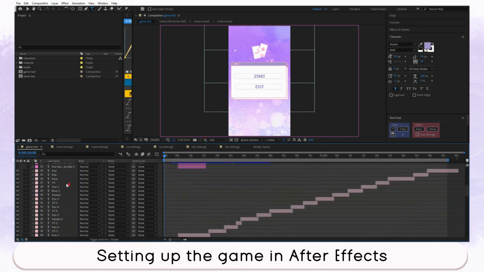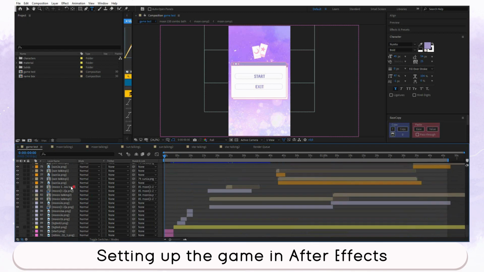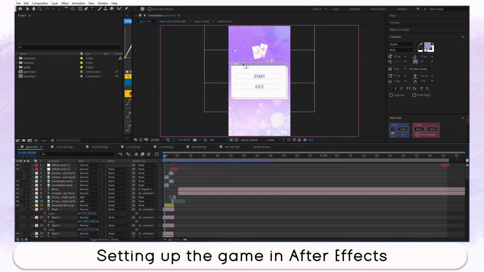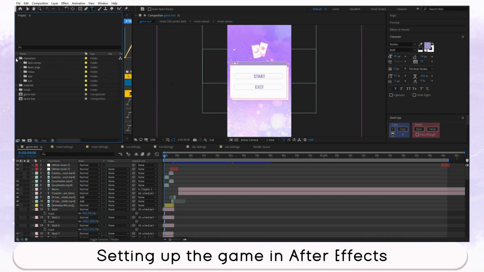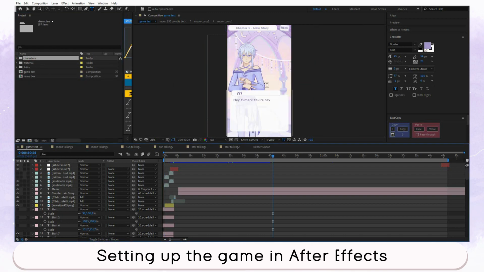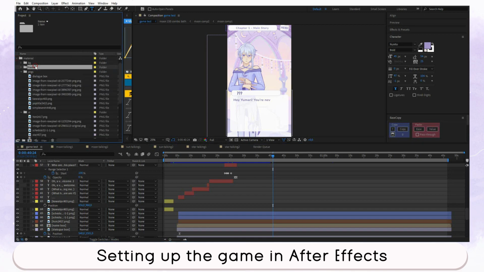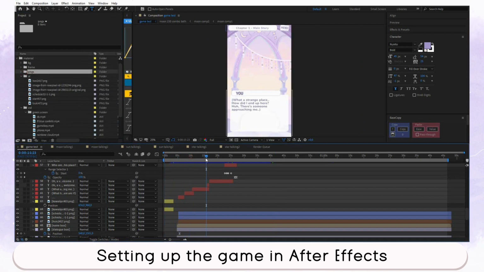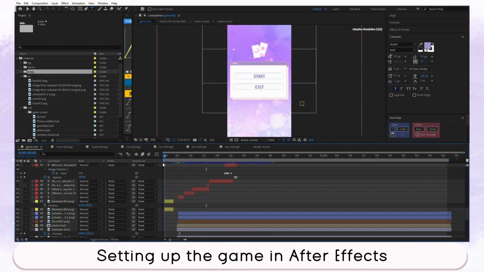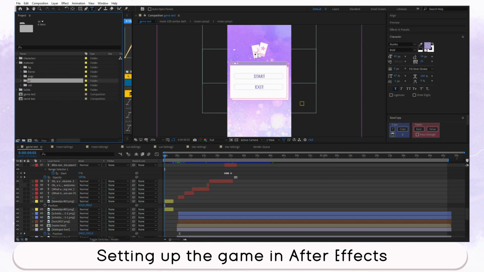So this is the whole composition with just the game, and you see there are a lot of layers in here, and all the materials I used, I separated them into folders. For one we have the characters, which included standing illustration files, and then also the face PNGs I just told you about when talking about the expressions. Then in material, I have some backgrounds. I drew this background myself, but then I also used one from a site called Sosino, where you can find a lot of cool backgrounds for free. And then I also had different PNGs as well as a little GIF video for the beginning,